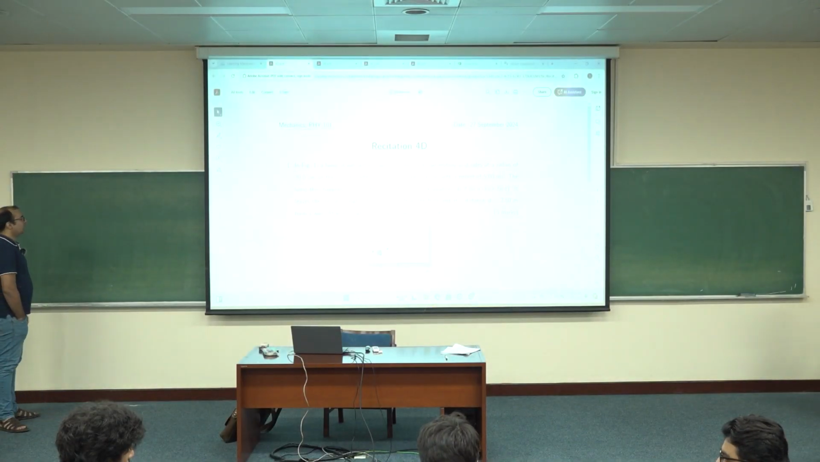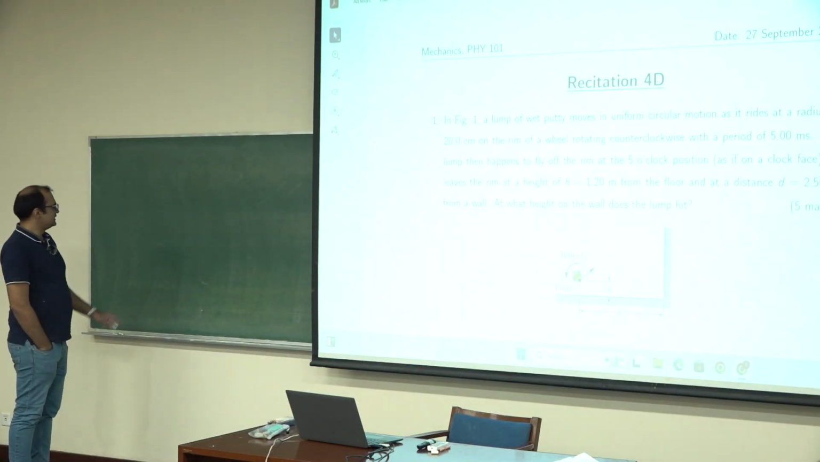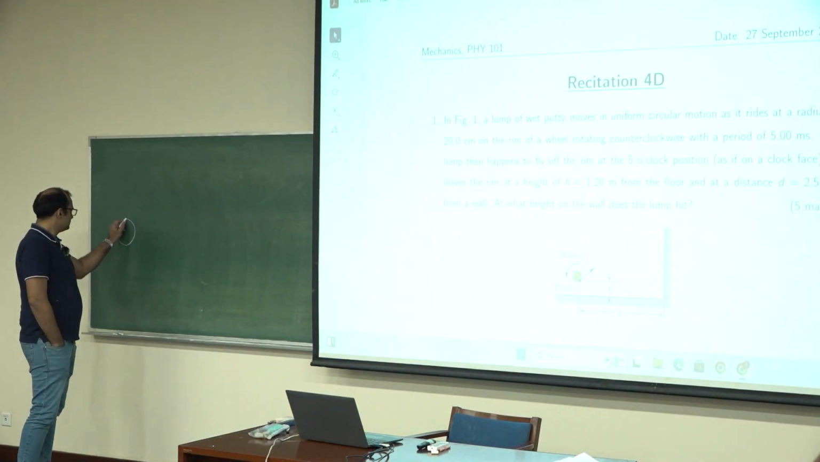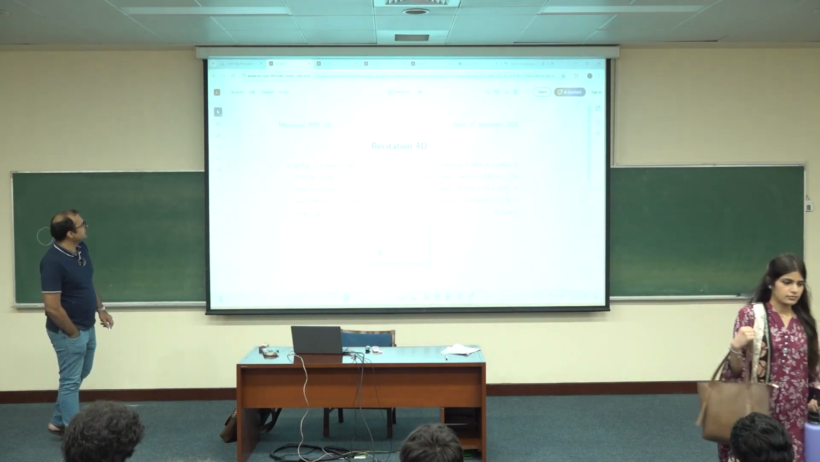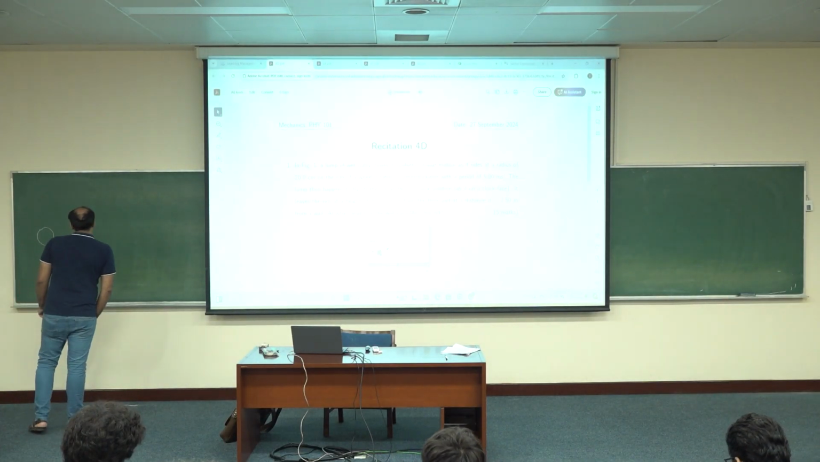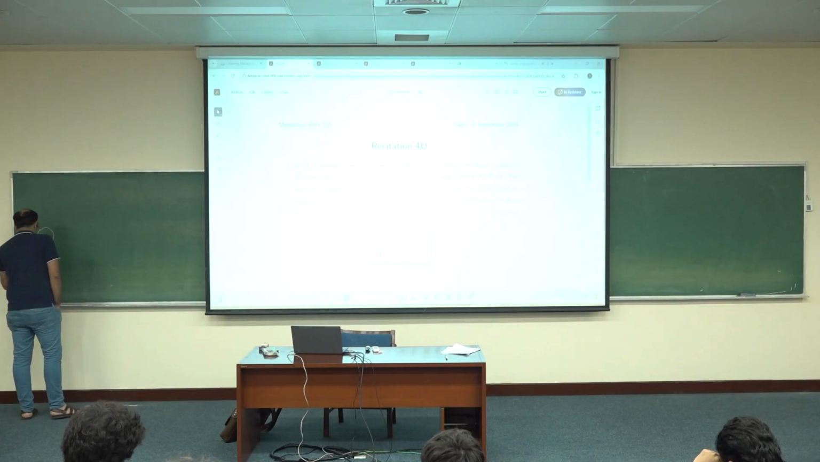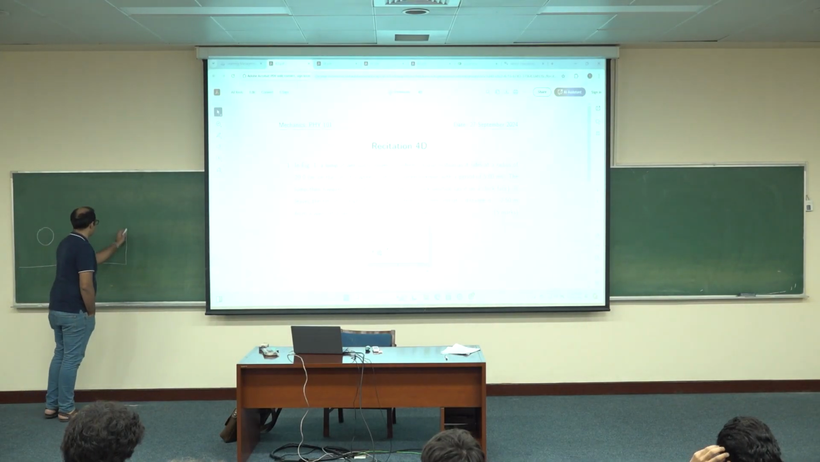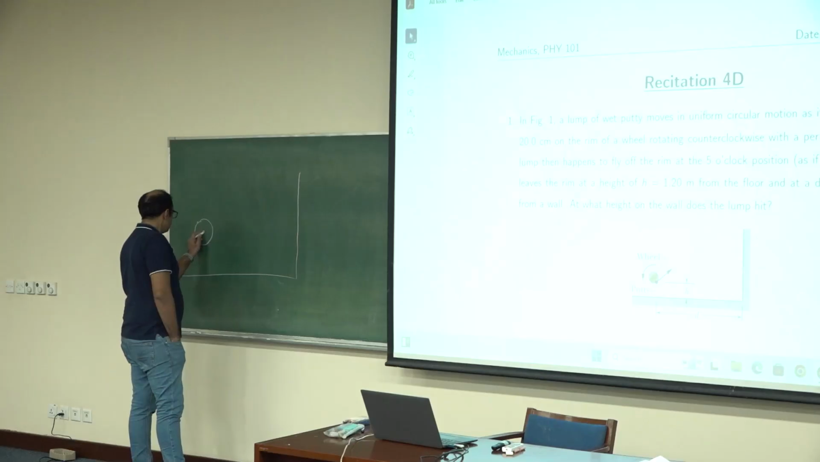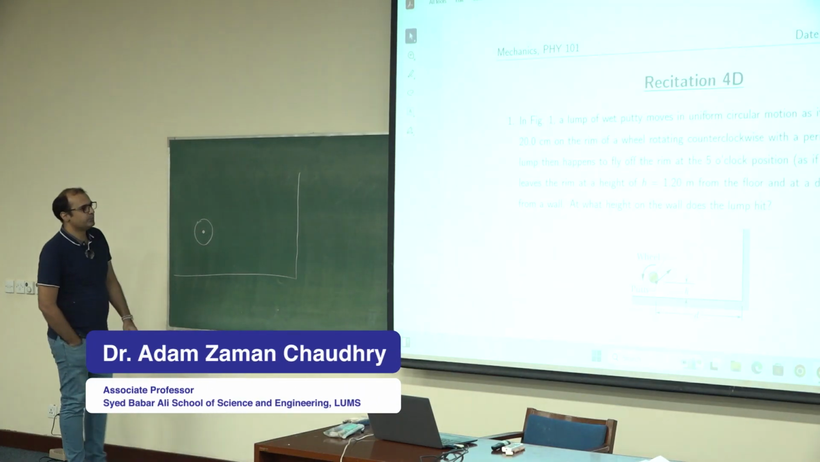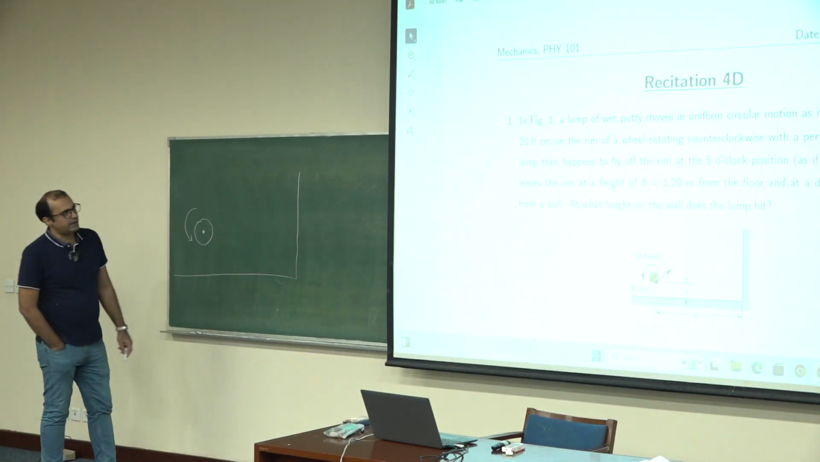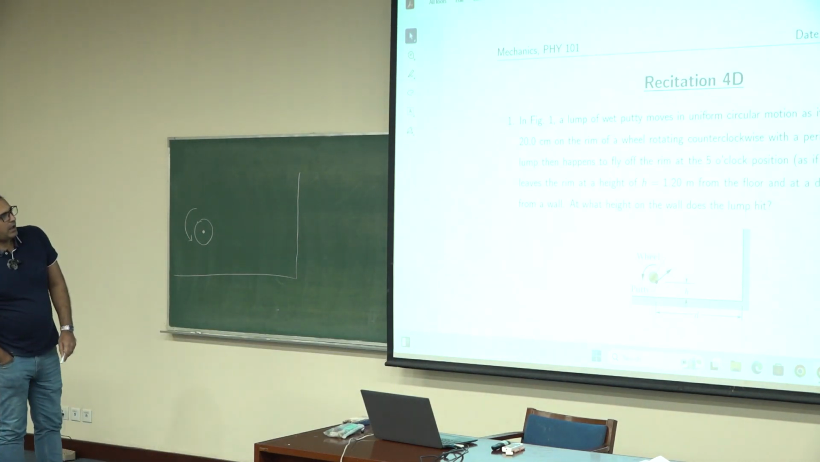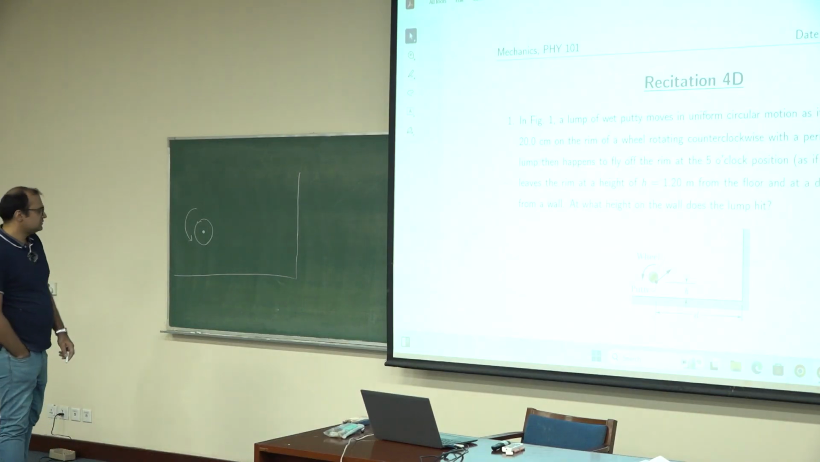Okay, so question 1, you have this rotating wheel, and there's essentially a piece of clay, a lump of clay, I guess, that is attached to this rotating wheel. So the wheel is rotating about this point, and it's rotating counterclockwise, so it rotates like that, and it's in uniform circular motion. Okay,